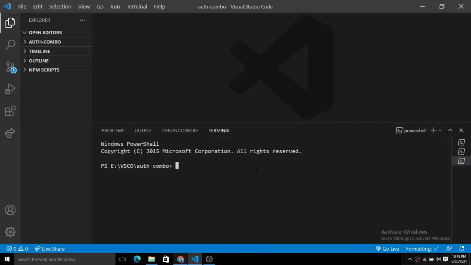Inside of the terminal, you first have to create a boilerplate React application. For that, you need to enter the command npx create-react-app. So it bootstrapped our React application with create-react-app, and you just provide the name of the directory. We want this whole thing inside this current directory, so that's why we have put that.